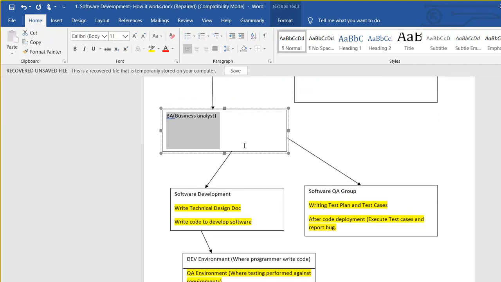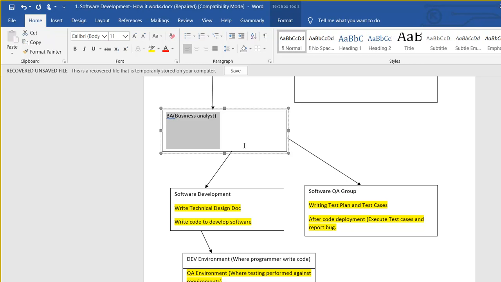The work the business analyst has done, these documents go to the software development group and the software quality assurance group. We, the tester people. So the document that the BA has prepared, or the knowledge the BA has gathered from the business, is documented in what we are calling the functional requirement document or business requirement document, and use cases.